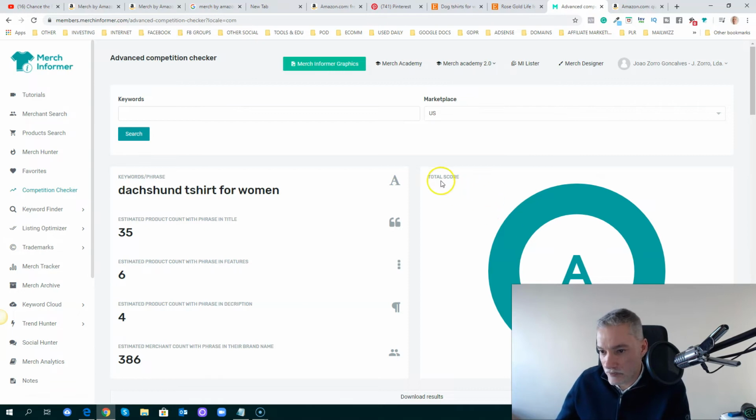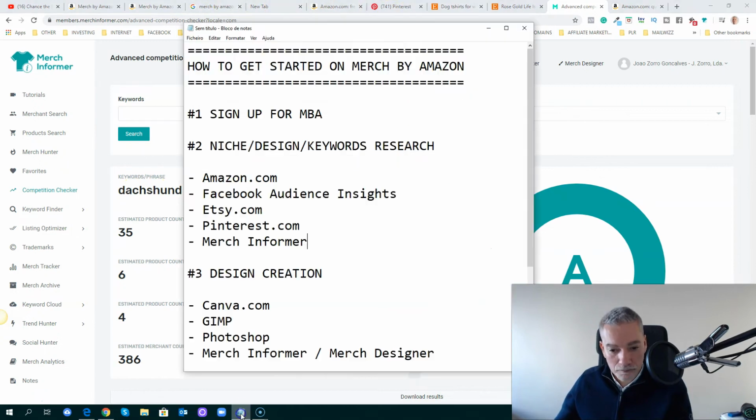So it will give you a total score, a letter, A, B, C, D, E, F. I think it's up to F, A being the better. So it's green, which means that this is a word or a phrase where there's not a very high level of competition. So you can try to come up with a design around Dachshund t-shirt for women. Okay, so